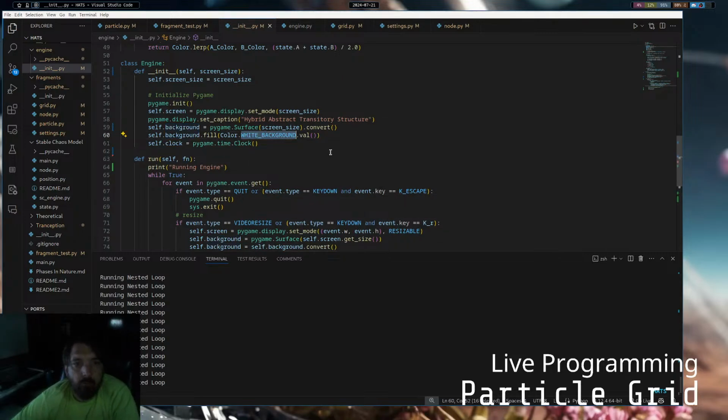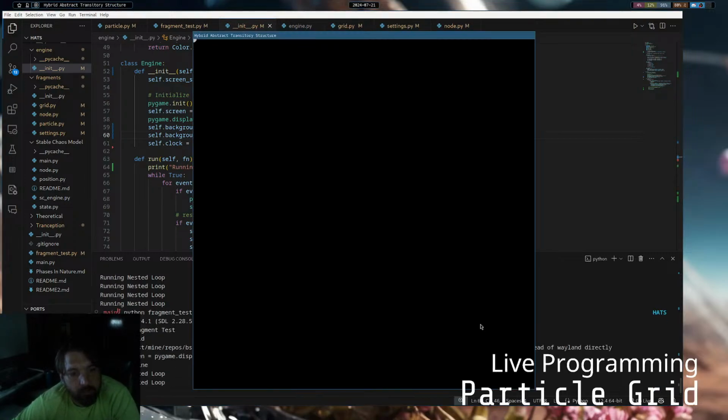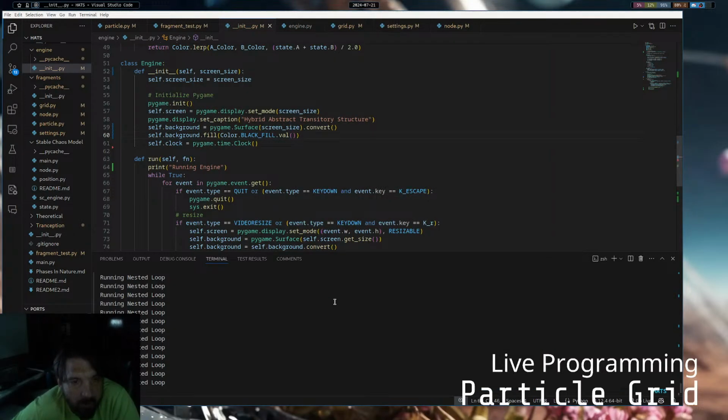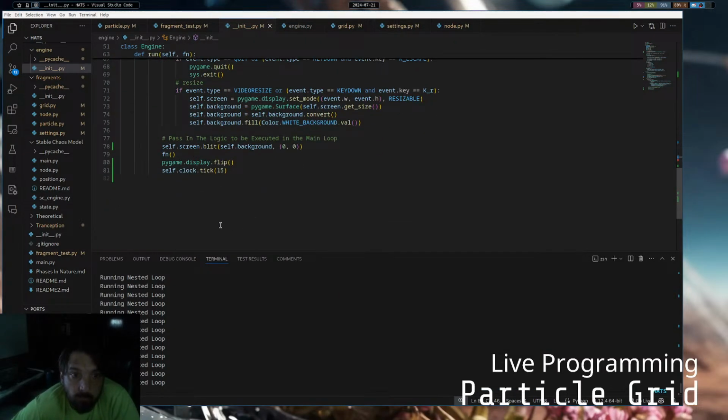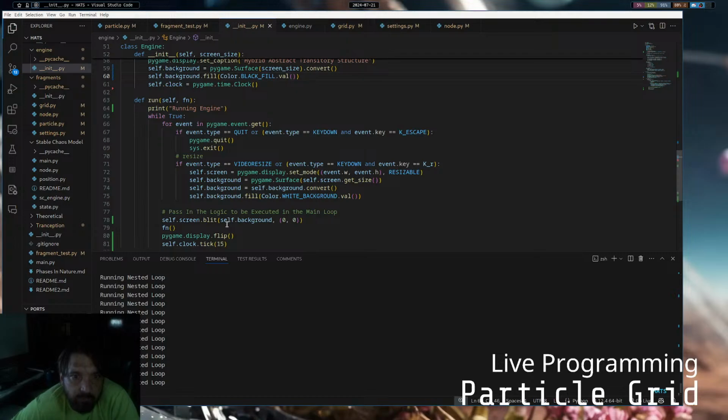White background. We're gonna use a black fill. Let's see. There we go. Now we've got some backgrounds. We've got some dots. I wonder if